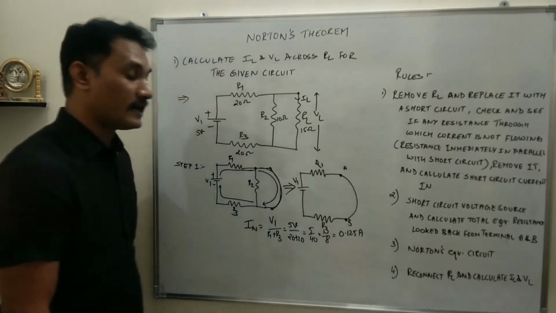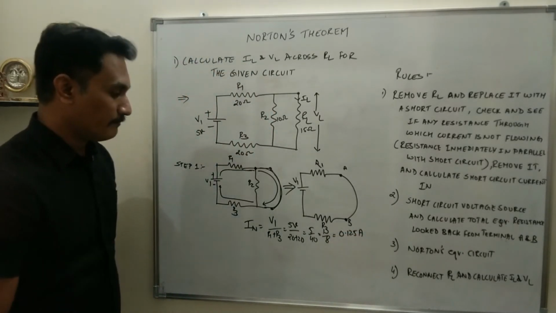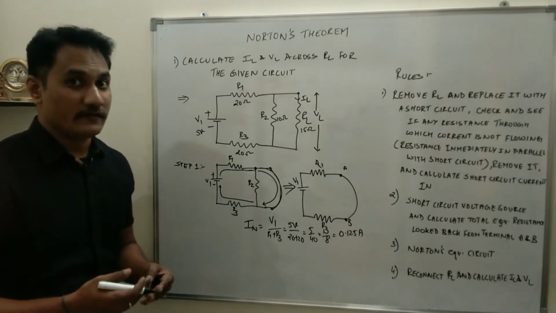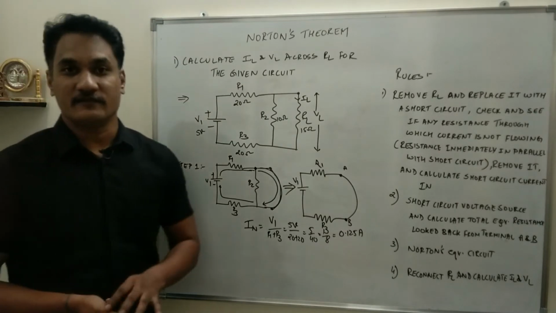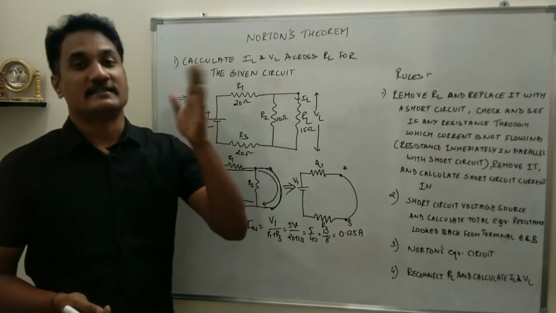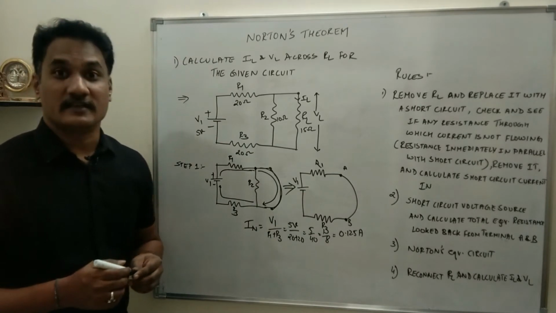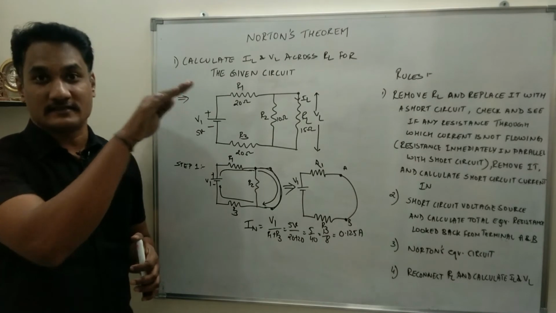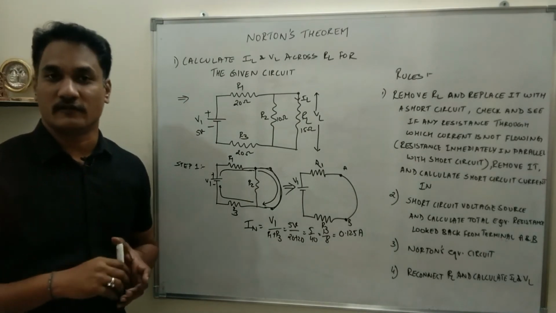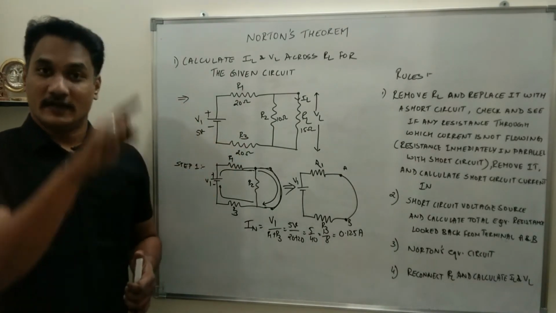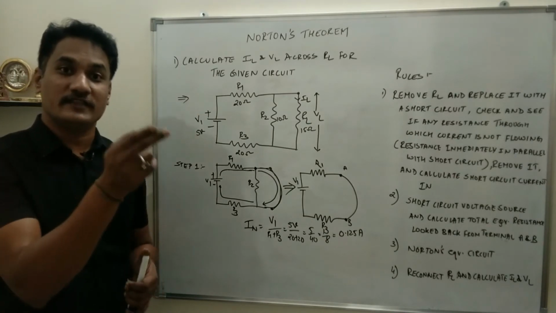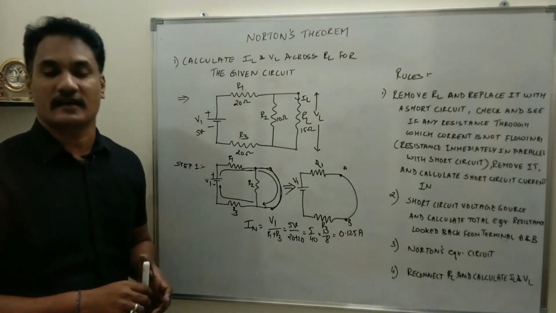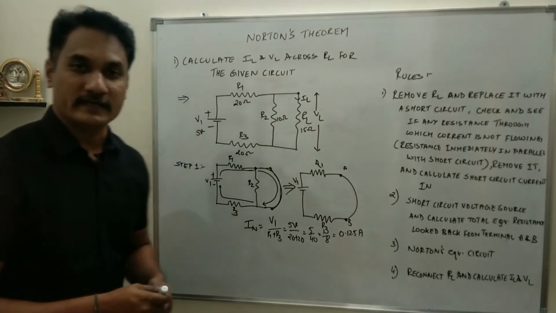As you are calculating current, the unit will be ampere. So this is the first thing we have calculated, I1. I hope you have understood the step, right? In Thevenin's theorem, we just open the circuit and see if there is a resistance through which current is not flowing. So in that case, if there is a resistance in series with the open circuit, of course no current will flow in that. In this case, we have to create a short circuit and we have to see if there is any resistance immediately in parallel to the short circuit, because in that resistance current will not flow. So we have to remove that resistance.